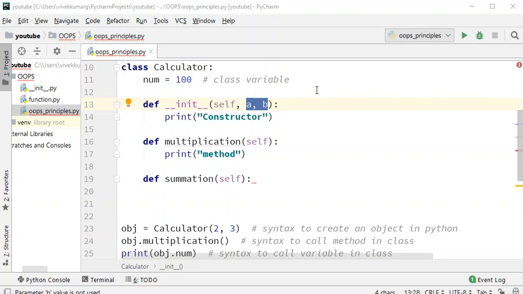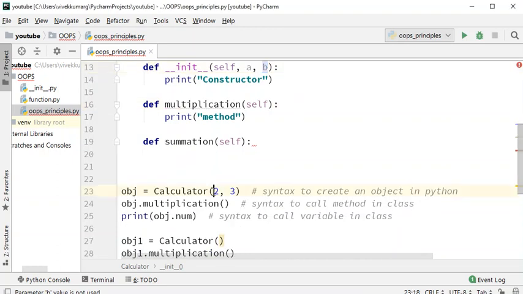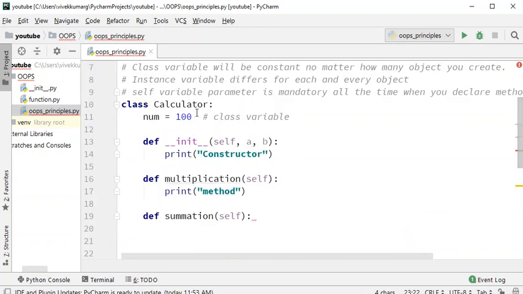guys, one more very important thing that I will tell now is: how many values do you send to your class? You're sending two values right now. That many arguments should be in your constructor declaration. Ignore self, as self is added by default in Python, and we will talk about its significance.